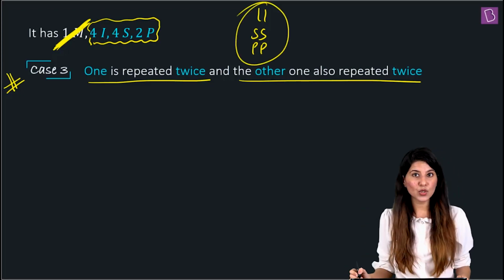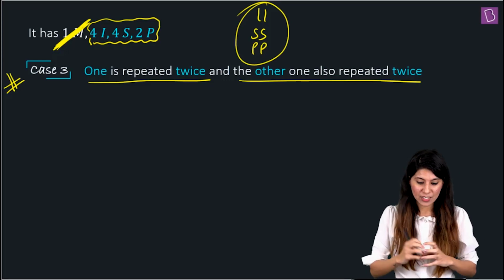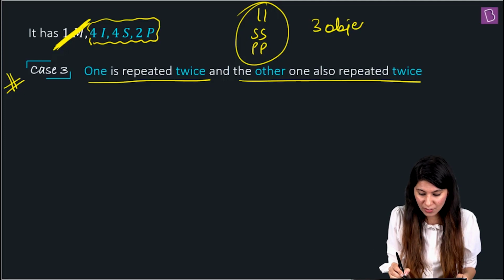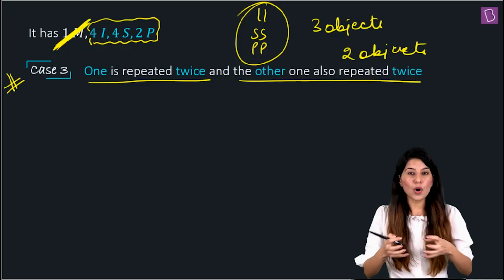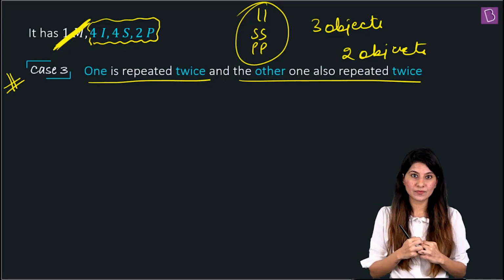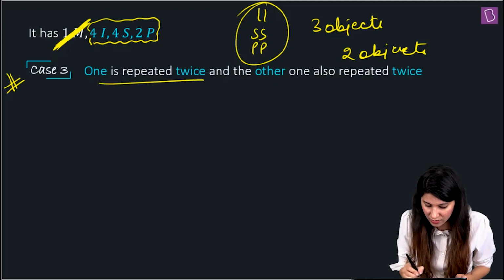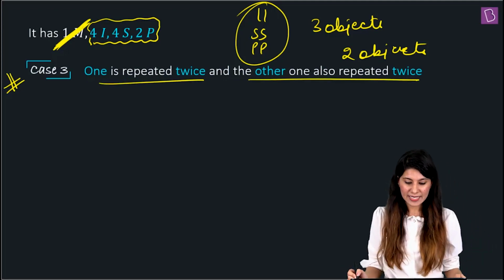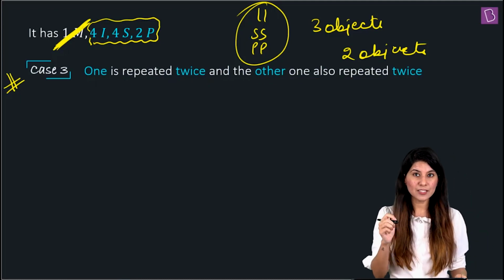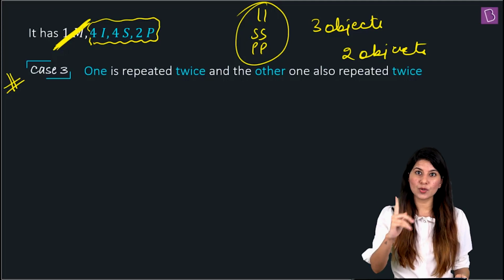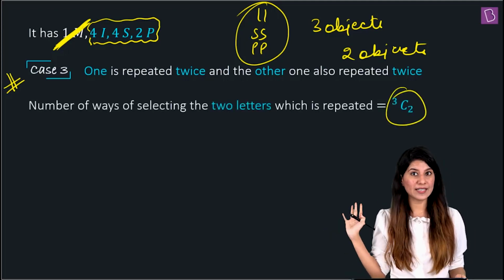And actually what you want is 2 such things, right? You have 3 objects over here, and you want 2 objects. So in such questions, always select in one go, right? The selection would be done in one go, not 2 times. So 3 objects, 2 objects do you want? So 3C2 ways. In 3C2 ways, you'll be selecting all 4 letters. Do you realize this? In 3C2 ways, you'll be selecting all 4 letters.